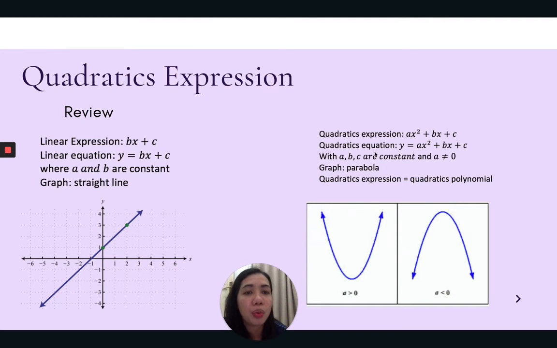And then for the quadratic equation, it's the same thing: if you're talking about an equation, there will be two sides. So we just add y equals: y equals ax squared plus bx plus c. Now we have two sides here. And commonly people change this y with any number, commonly with 0. So ax squared plus bx plus c equals 0. Then after that, people will continue to factorize the quadratic equation.